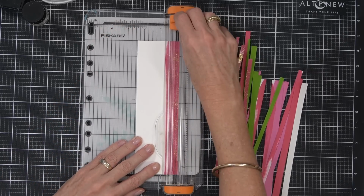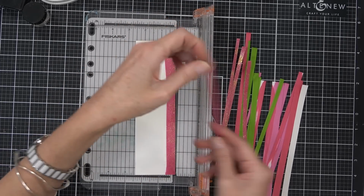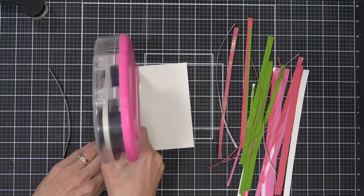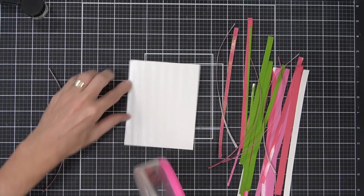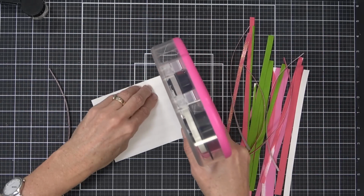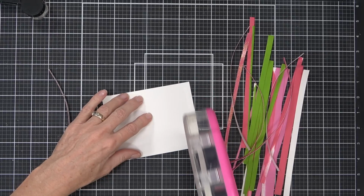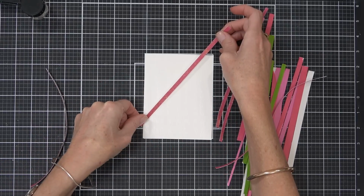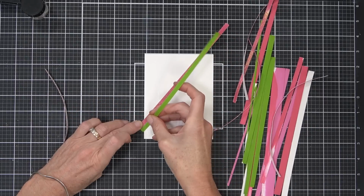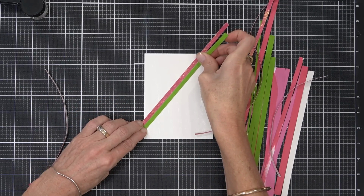All my self-coloured cardstock now I just cut into varying widths of strips, because I want to create my own striped background. Only one of these has the glitter in it, and that's one of the pink versions. And by adding the heat embossed clear embossing powder with the glitter, it really did change the colour up quite a bit. So even though it's the same colour pink as the other pink cardstock, it actually looks a